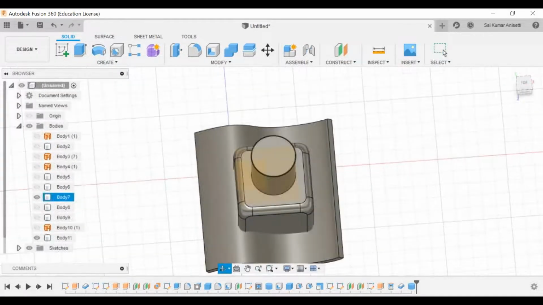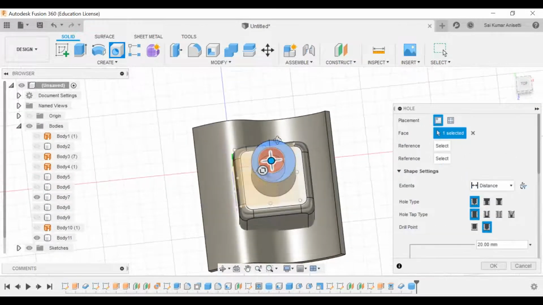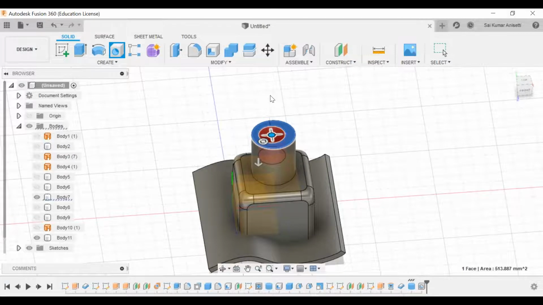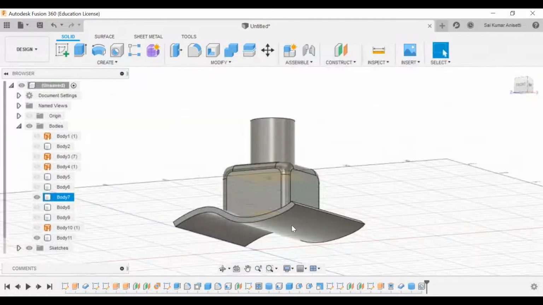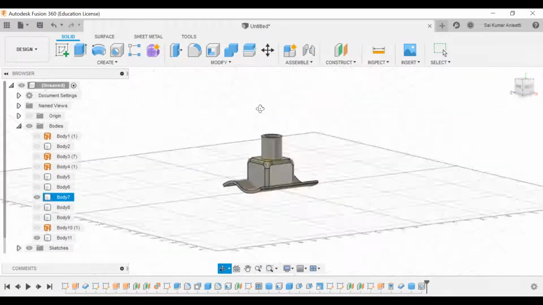Onto this face you can add your threaded holes and everything. Take a hole on the face, make sure it is centered, create a simple hole and go with threads. That is how you create it. This is your face, this would be your boss, and this would be your threaded hole. So onto the opposite surface you will just thread that into your bodies.